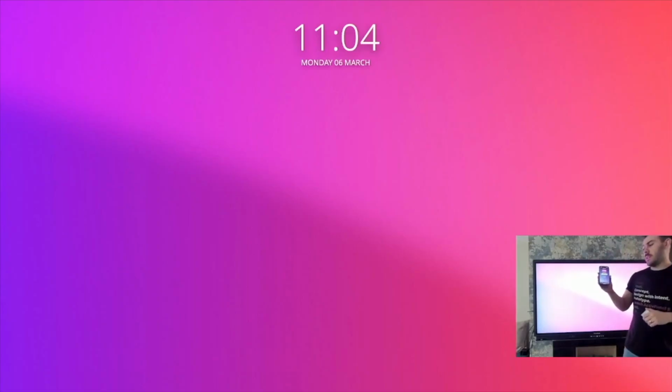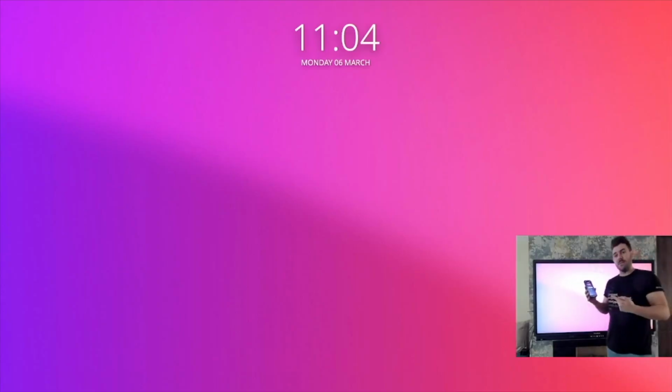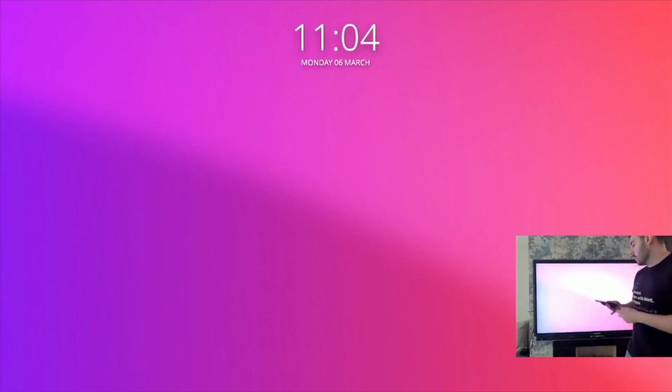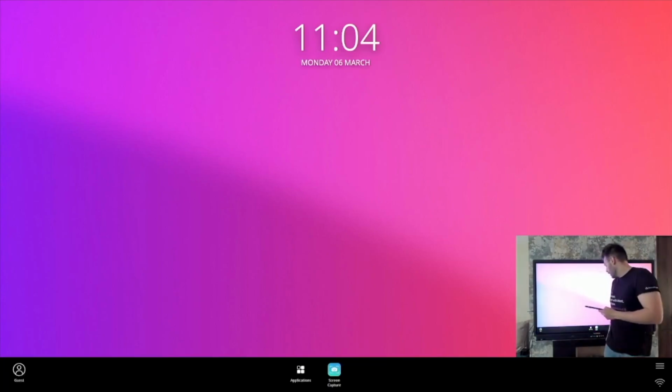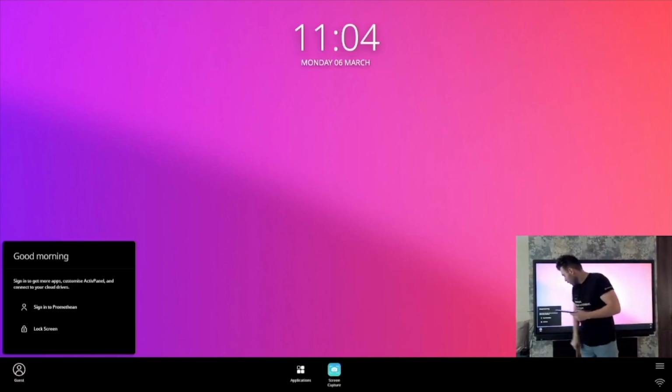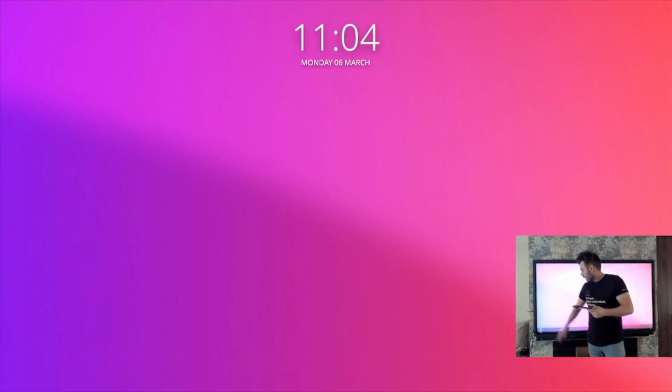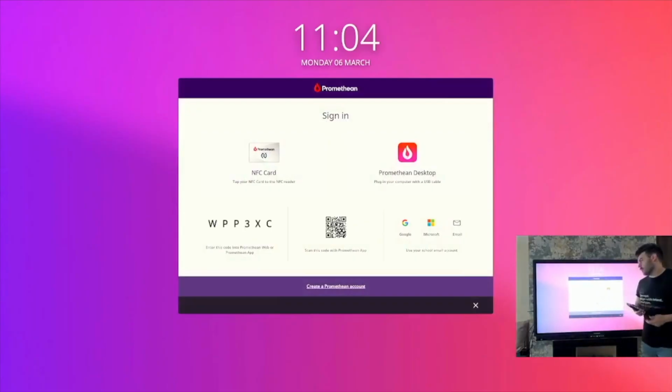Now, when I get to the Promethean app, it'll bring me to my sign-in page as the video is showing you. And if I was to click on my menu here, my little arrow or my flame, go to guest, and then go to sign in to Promethean, you'll see I've got a couple of options. I can tap on my NFC card to sign me in. If you tap on a blank NFC card, it will ask you, do you want to register that account to your card? I can also use my desktop, if I've got a desktop app signed in as well,